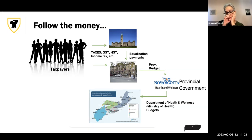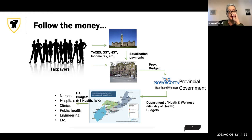In Ontario, it's a little bit different. It gets fed into the individual hospitals. So in Nova Scotia, there's a single health authority called Nova Scotia Health Authority. There's also the IWK, which is across all 3 maritime provinces for children. And from here, we get the health authority budgets, as I said, Nova Scotia Health, the IWK,